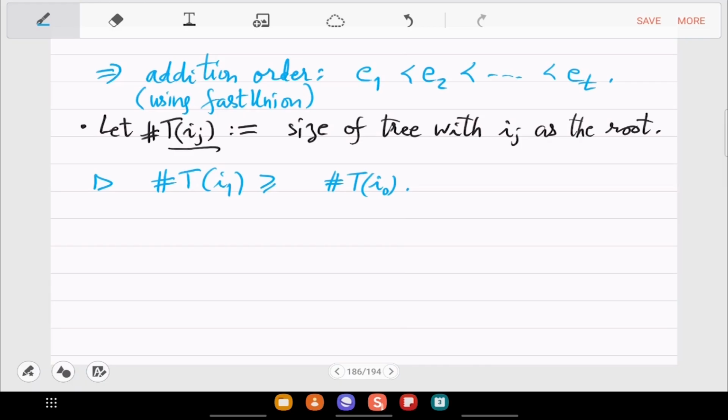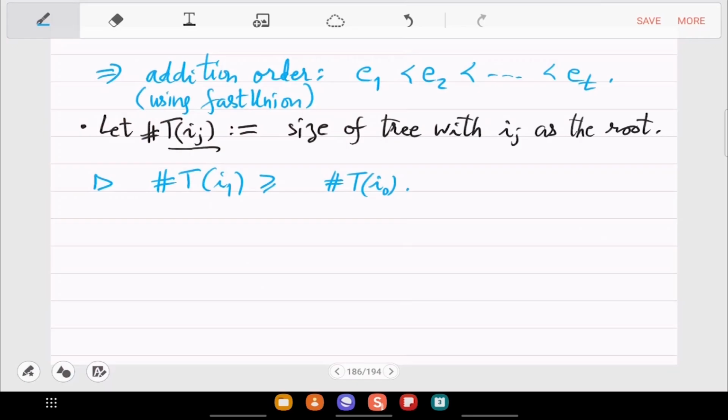Because E1 was hooked by fast union, so when it was hooked, then the tree of I1 must have been bigger than I0. But then I0 was added, right? So when you add it, it means that now the size is actually double, at least. Is this clear? So this is another property of union, or the pseudocode that we have written, fast union. So here we are using the property of size, that the tree is hooked looking at the size.